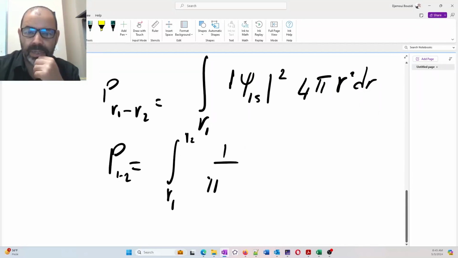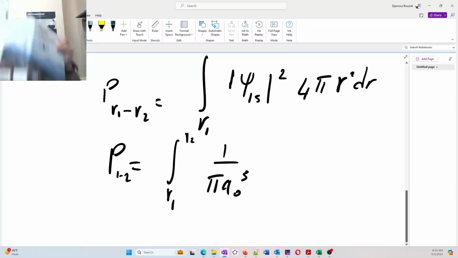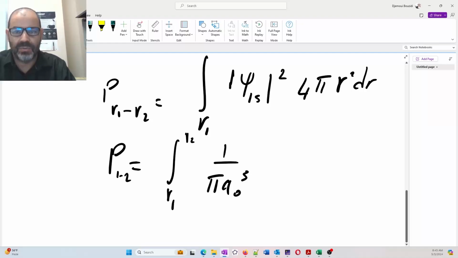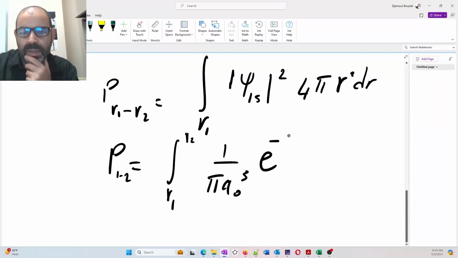Okay, I'm looking at the book, by the way. This is the book that we're using. We're on page 1140, so that you can follow with me. So it's exponential again of negative twice, because we're squaring now this wave function, over a naught